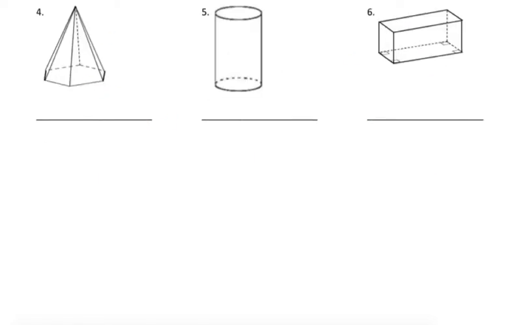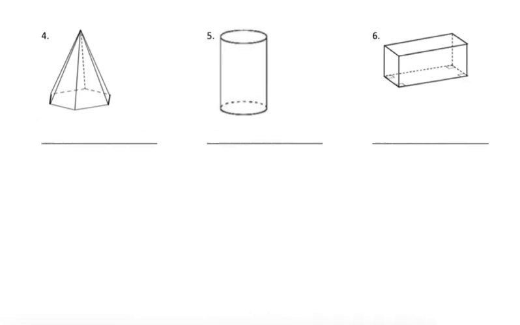All right, let's look at number 4. Now on number 4, again, my eye is drawn when I see an apex. So when I look at the bottom, this is almost circular, but it has some segments here. It has 1, 2, 3, 4, 5, 6 segments. So when I look at naming this, the apex tells me this is a pyramid, and then the base tells me what kind of pyramid. This is going to be a hexagonal because I have a hexagon. So hexagonal, and then this is a pyramid